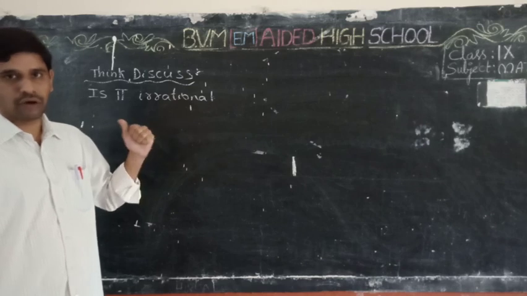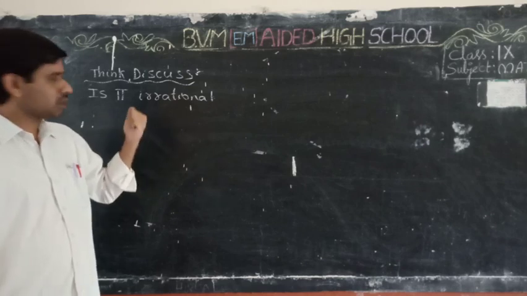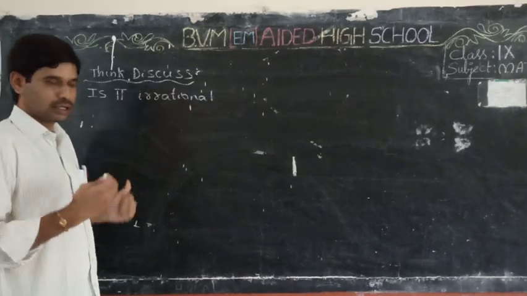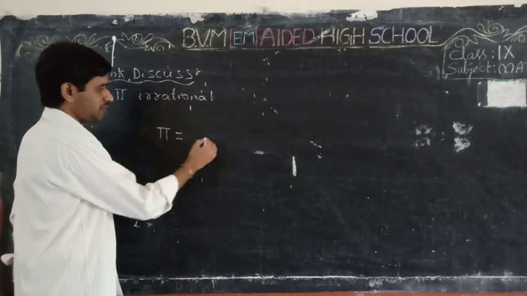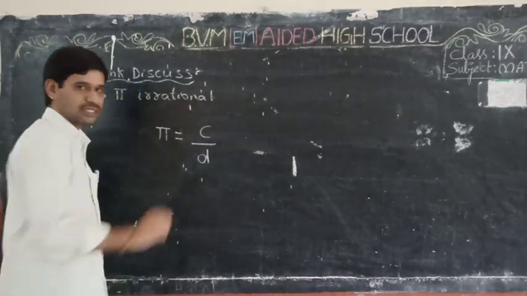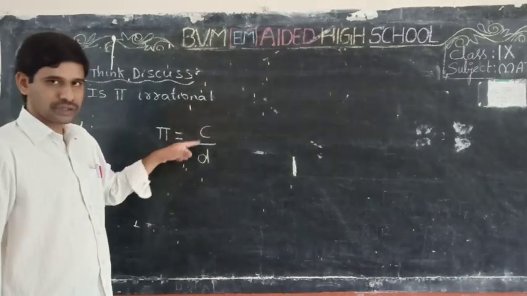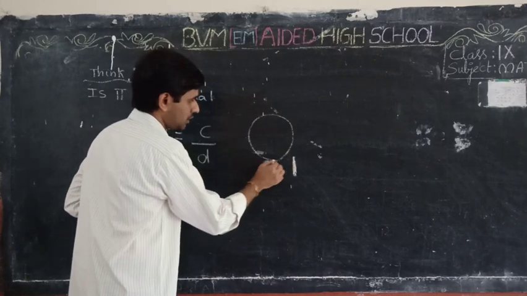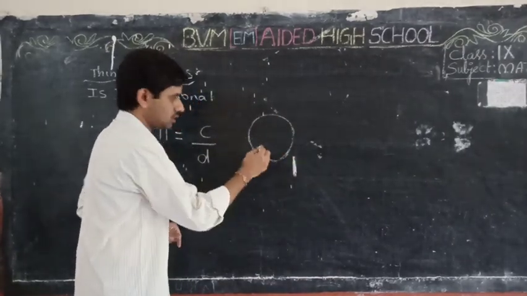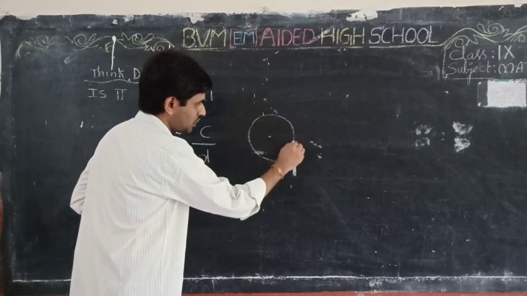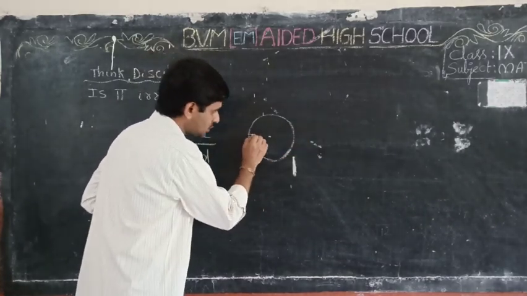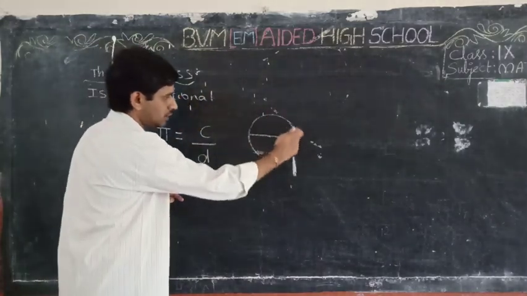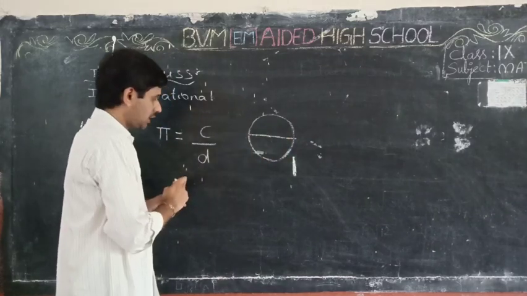Is pi irrational? How is pi irrational? What is meant by pi? For which ratio do we use pi? So generally pi is the ratio between circumference and diameter of a circle. Do you know what is circumference? The length of the boundary of the circle is circumference. A line which divides the circle into two parts, which passes through the center, is diameter. If you divide the length of the circumference by the diameter, it gives